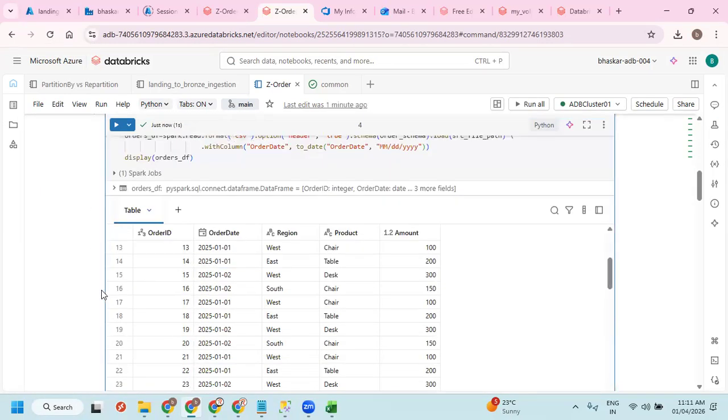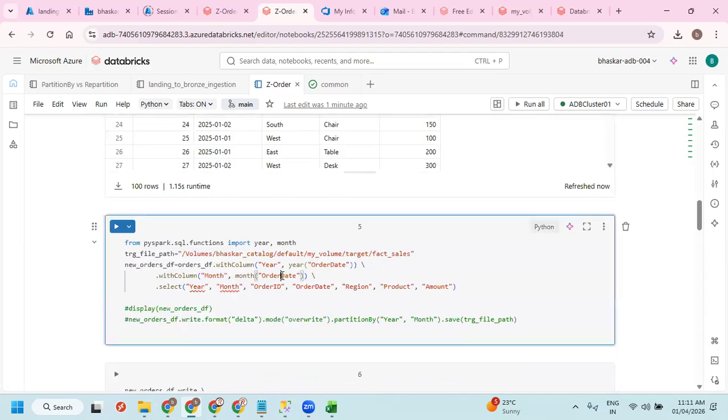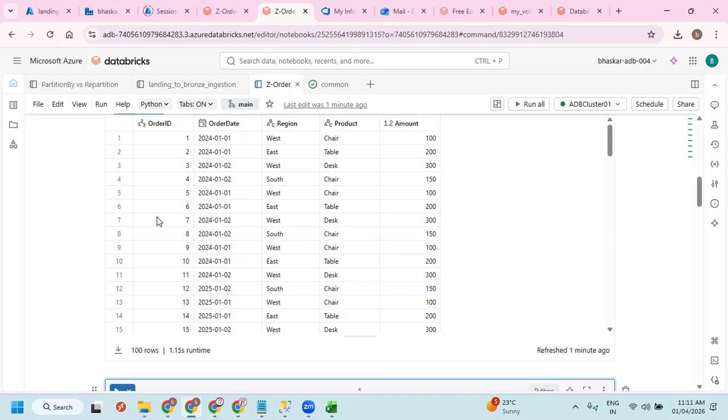I'm having it. In the next step, I'm just going to write the data into the target. But this time, let's see how I'm going to write the data. Okay, so I'm just trying to see in this one. Let me take my path.